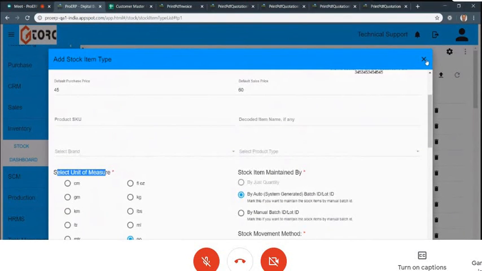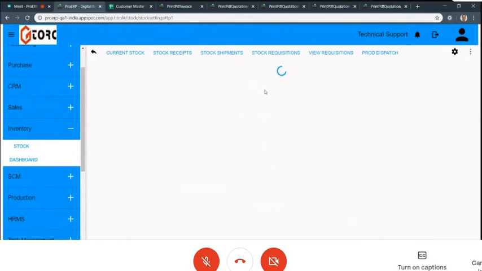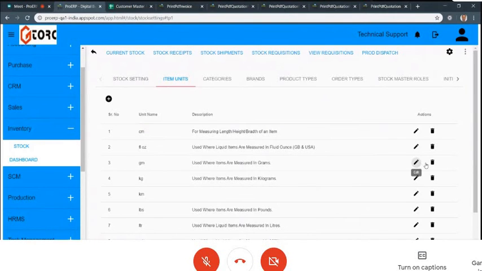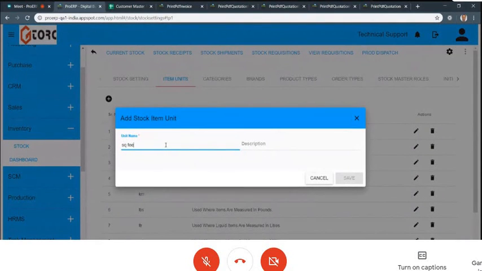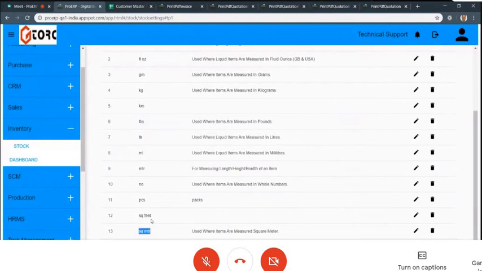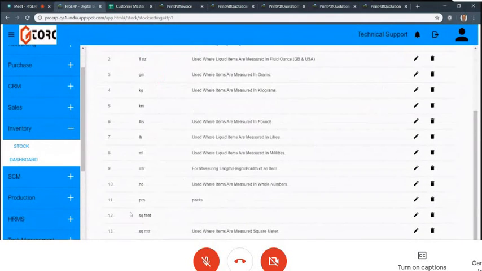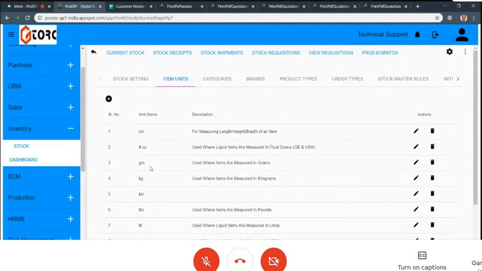So this is all configurable. You can go to the settings and create as many units of measure as you need. Suppose I don't use this, you can remove it, rename it. You can create a new unit of measure. Suppose I deal in square foot, I want to remove square meter. I can create a new unit of measure here. Square foot is what I added. And when I go to the next item, now I will see this option to select. So you can manage your unit of measure on your own. In the world, there are 1,200 plus units of measure. Every business might need 5-10 different units of measure. They can customize as per their requirement.